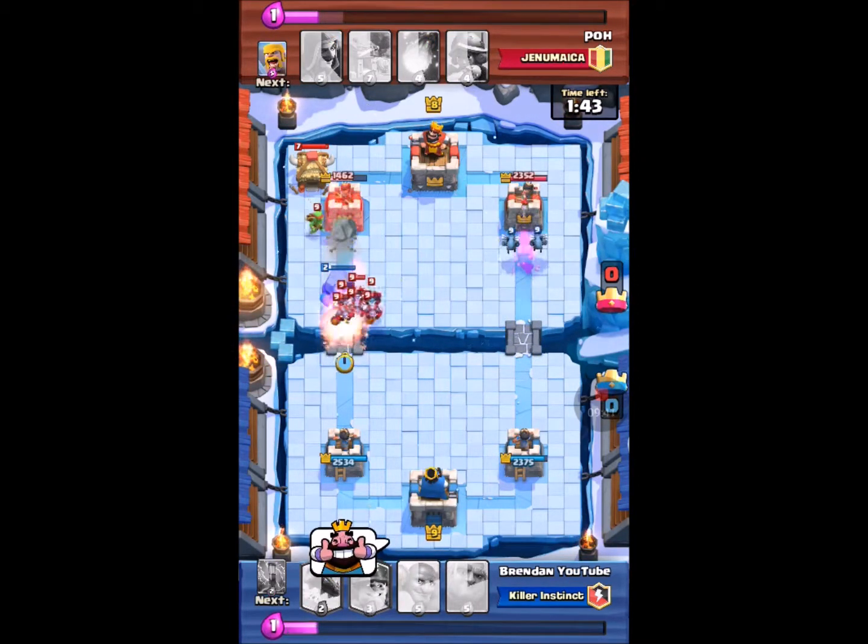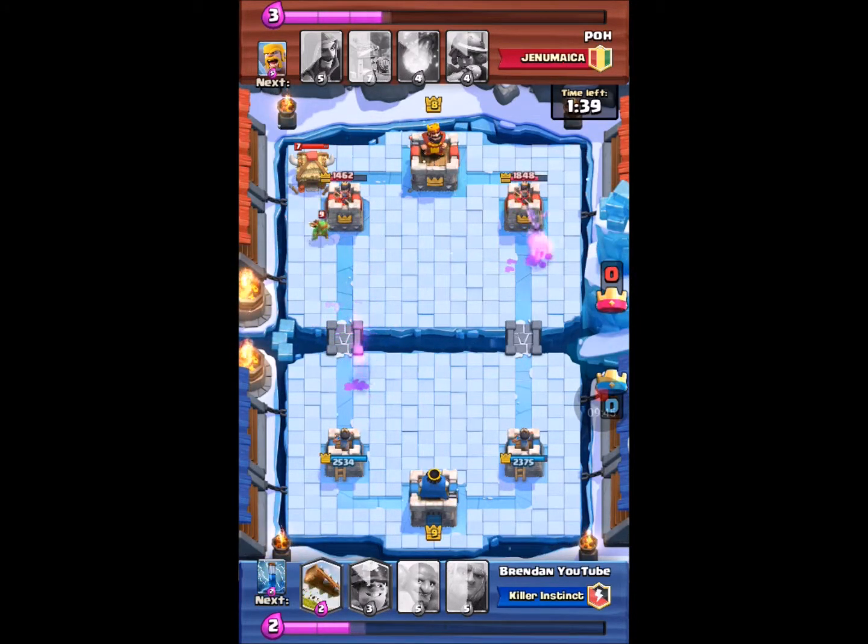And I put my fire spears down right away because I had a feeling he's going to put his barbarians down. But I didn't know he had that minion horde, so he put the minion horde and it completely just got demolished. This started bugging me a little bit because he had the